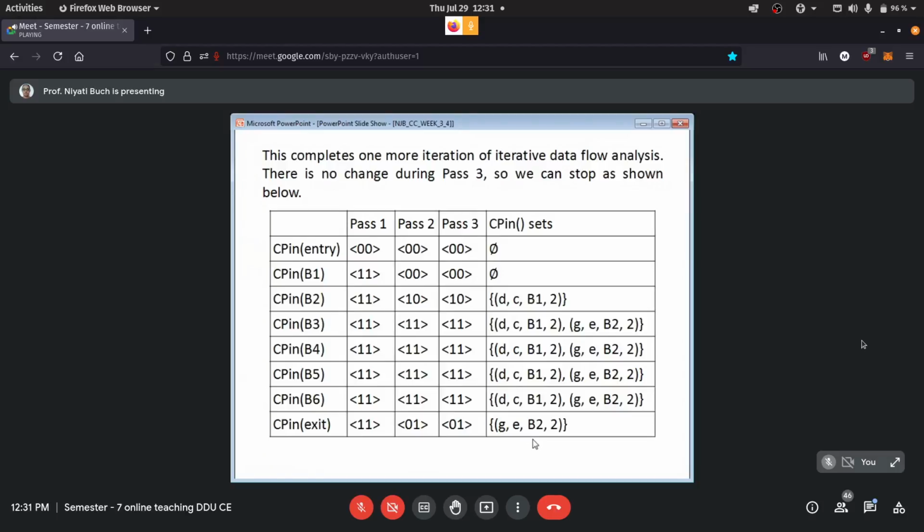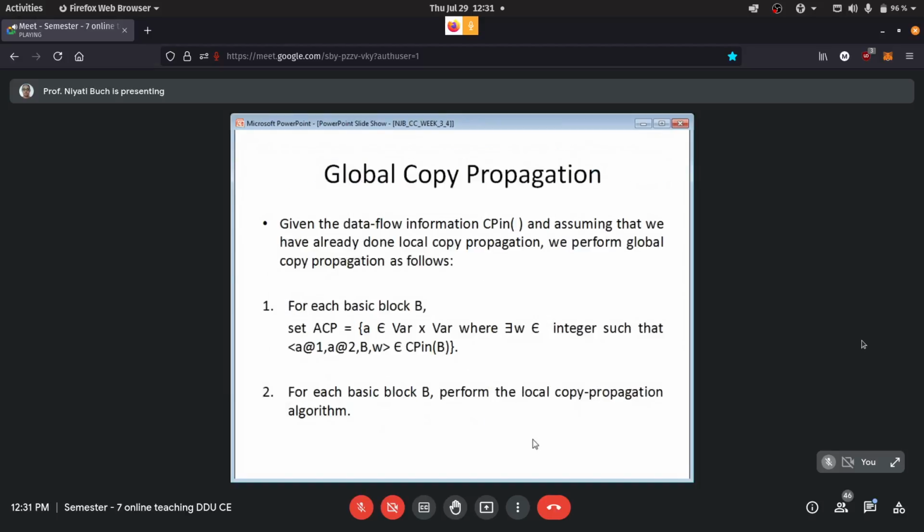I hope this idea is clear, that an iteration is supposed to stop whenever you see that there is no change. If you write code and do an implementation and go for one more pass, you will see that the values have become constant. They will not change, so you can safely stop.